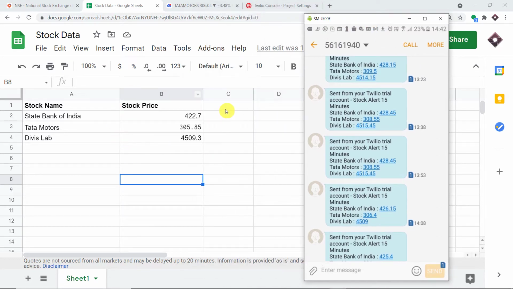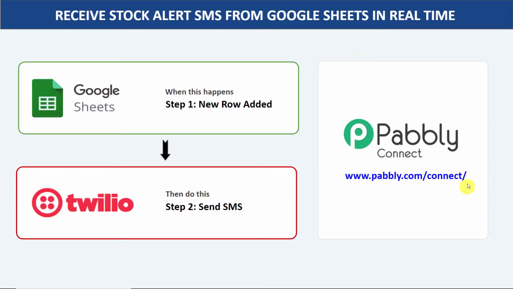So you must be thinking, how did I do it? How did I manage to send the data from Google Sheets to an SMS sending app like Twilio? Basically, here we are using an integration and automation software called Pabbly Connect that integrates Google Sheets and Twilio. Twilio is an SMS sending app. The best part of using Pabbly Connect is that there is no need for coding skills or programming knowledge. It can be done easily. Let me straight away show you the steps.